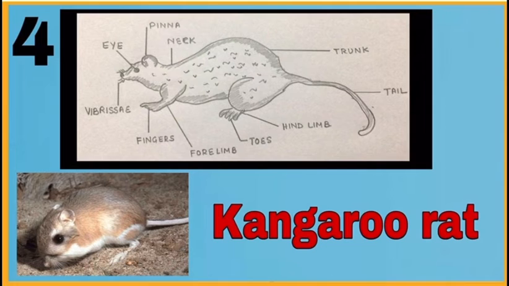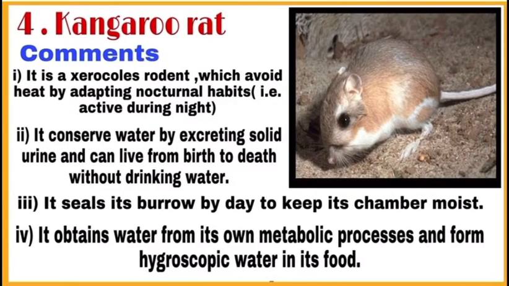Let us move to desert animals. This is kangaroo rat. The kangaroo rat is a xerocole rodent. Xerocole is a general term referring to any animal that is adapted to live in deserts. This kangaroo rat has nocturnal habit, means it is active during the night, and this adaptation is to avoid the heat of the day. It conserves water by excreting solid urine, and one important and interesting point is it can live from birth to death